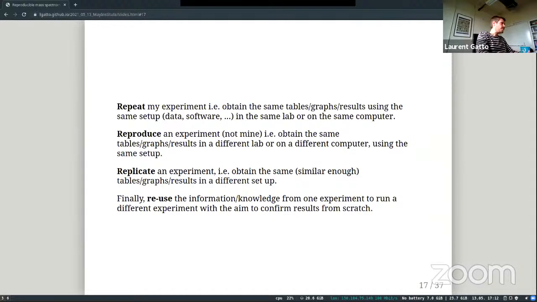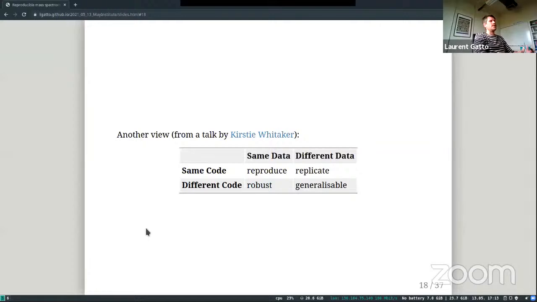thing to do. And then finally, we have the last level, which is reusing information or knowledge from one experiment to run a completely different experiment with the aim of confirming the results from scratch. And if we focus maybe a little more on the computational side, I think this other tabular